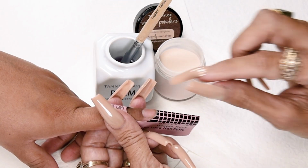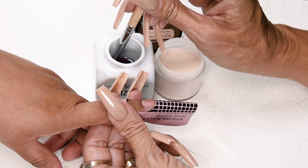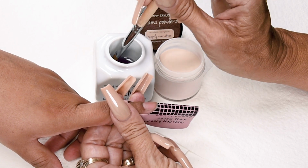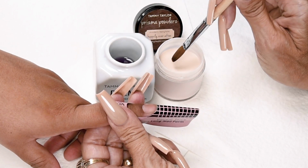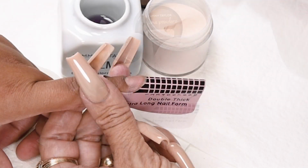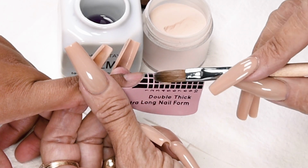I will be showing you how to get the look that I have on my nails. This is a tapered square, and I will be going to a 7 on the nail form. This is going to be a long nail, so I will be using more liquid and more powder to make large balls. Dip my brush in, just wipe off a little bit of liquid. Drag in my powder, pick up a large ball, place this ball out towards the end of the free edge, let it flow, pat it out,